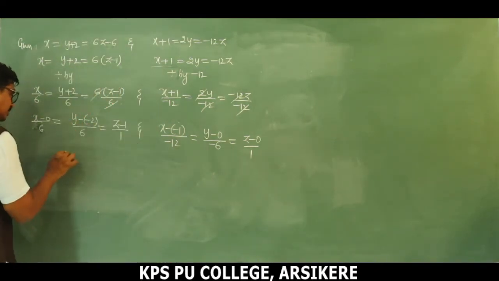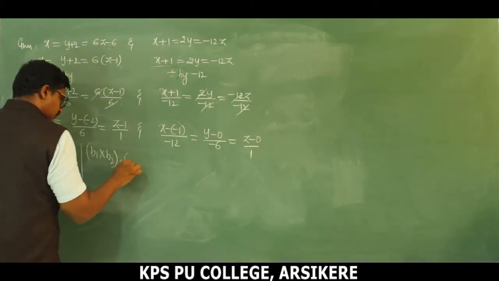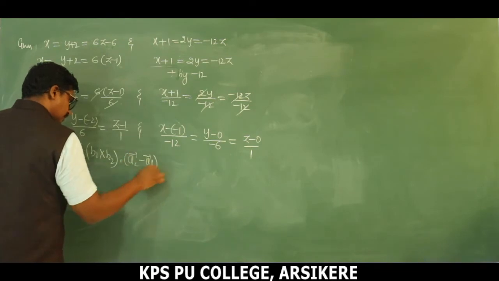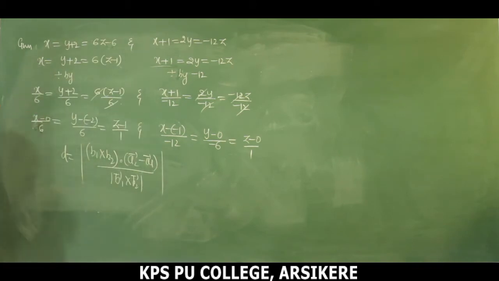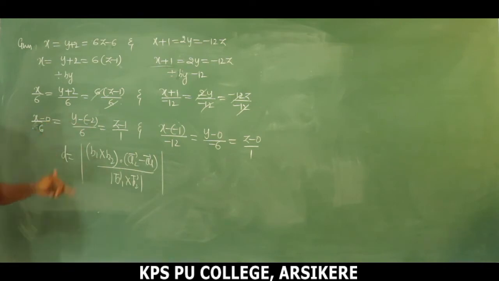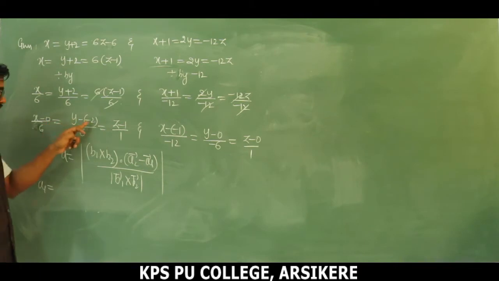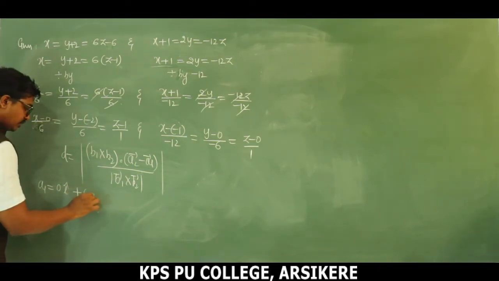So we have the formula d is equal to (b1 cross b2) dot (a2 minus a1) divided by magnitude of b1 cross b2. Here the requirement is b1 cross b2 and a2 minus a1. So from the given equation we have to find a2, a1, b1 and b2. So what is a1 here? a1 is nothing but x1 into i cap plus y1 into j cap plus z1 into k cap. So x1 is 0, that is 0 into i cap plus second one minus 2 into j cap, right,